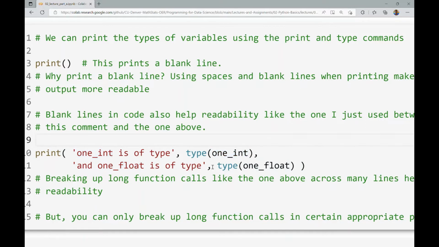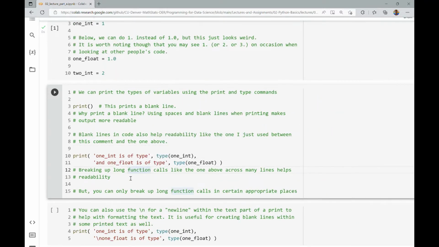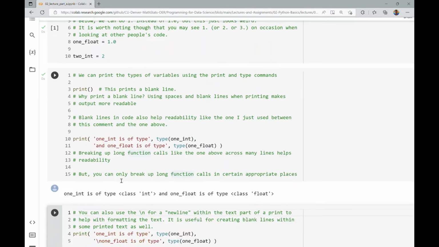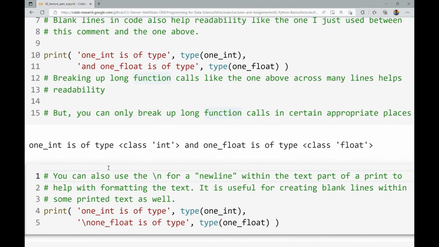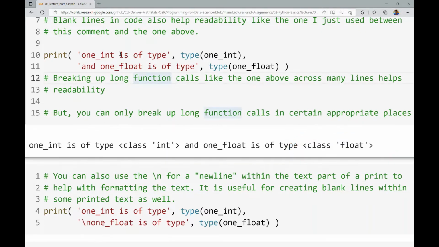And 1_float is of type, and then after that string I want it to print the type of 1_float, which of course is a float. If I run this code cell, we see that 1_int is of type, and then this is the output of that type command. It is of an integer class. And then 1_float is of type float. Of course, we already knew this, but I'm just trying to show you how you can use print commands, combine it with some text, which is a type of string,